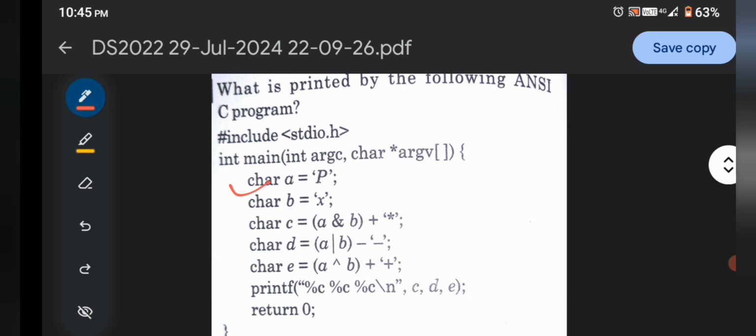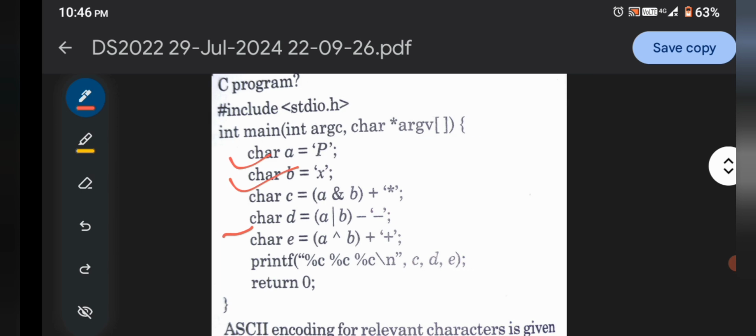Here the character A is pointing to capital P. B points to X, C points to A and B plus star, and D points to A divided by B hyphen hyphen. And E is represented like that. So this expression is given like A B C D E. Now print the value of characters C D E. So here is the printing statement of the characters C D E.